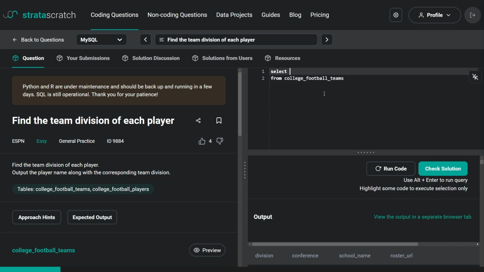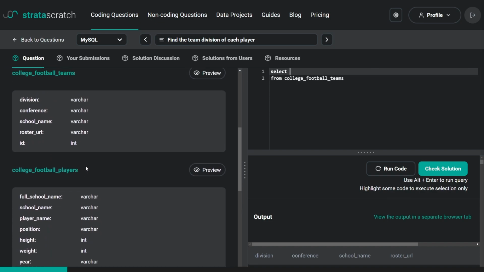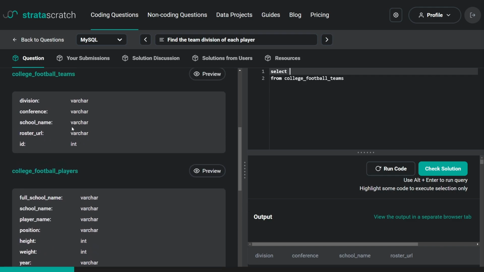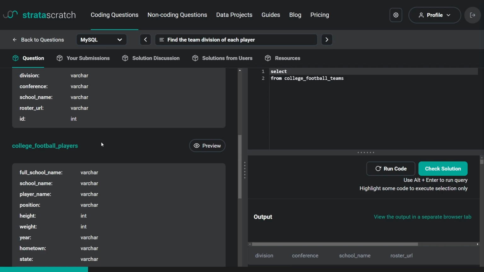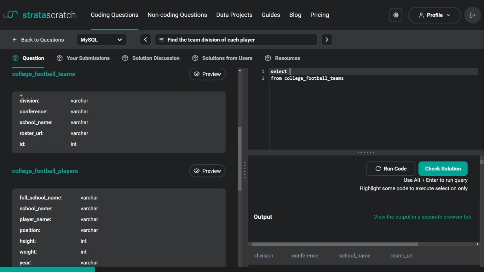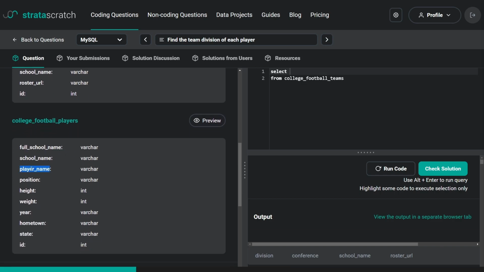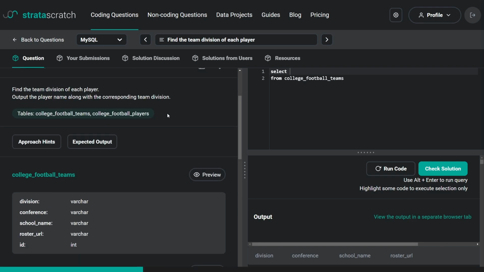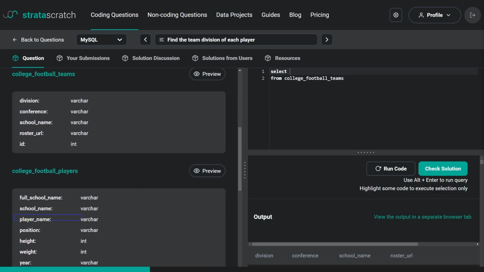All right, let's see here what do we have. Oh, we actually have 2 tables. Okay, since we have 2 tables, clearly we have to do some sort of a join. So the first thing is, let's check out what do we have to show. We have to show the division. So from this one, we have to show division. And from the players table, we have to show each player. For each player, the identification could be player name. So this is going to be the first column, and this is going to be